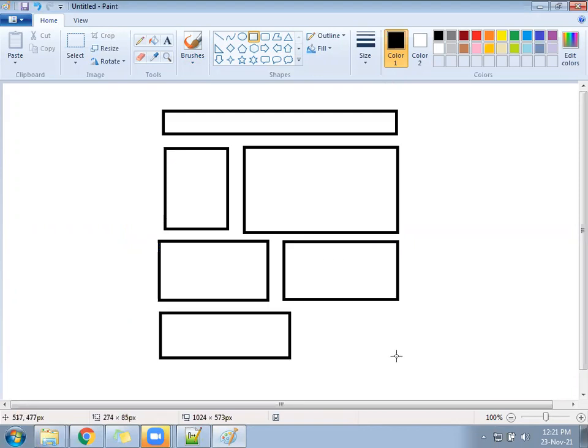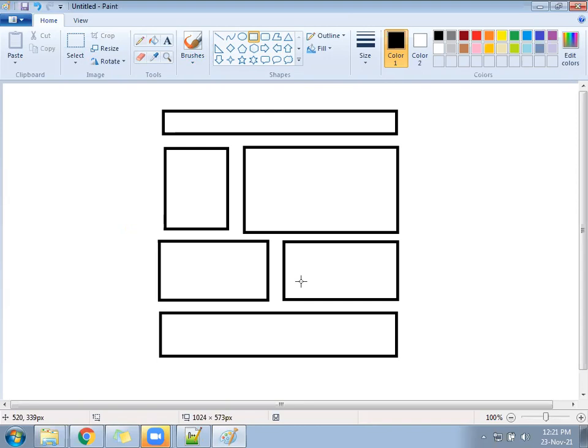So how many blocks? 2, 3, 4, 5, 6, 7 blocks. In that you can see these 2 blocks are coming side by side. This block is covering full width. This is also covering full width. But the remaining middle 2 are different. Both are coming side by side.